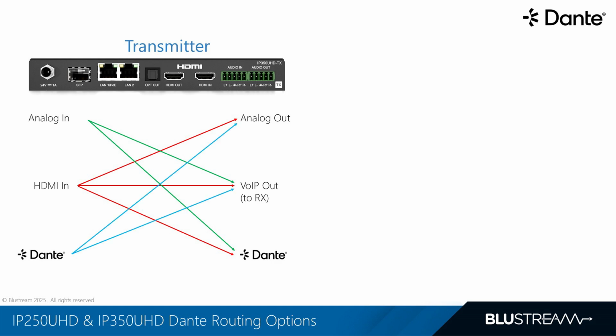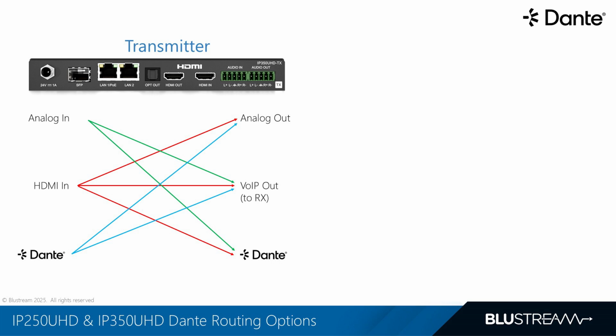And finally, one of the most powerful features of the IP350 transmitter is its ability to receive audio from a Dante or AES67 network and then repurpose that signal in two incredibly useful ways. One, it can break out to analog, so that incoming Dante audio can be sent directly to the 5-pin analog output, giving you local access to network audio, perfect for feeding amplifiers, sound bars, or zone mixers. And two, it can replace HDMI audio for AV distribution.